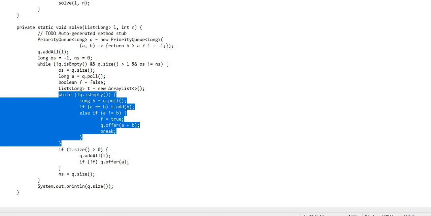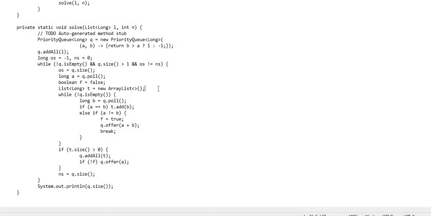The idea is, once we poll the topmost element, we have to keep polling the subsequent elements, and make sure that we are not finding the same element again. If we find the same element again, we store it in this temporary list. If the currently polled element is the same as the first element, we keep adding it to the temporary list.